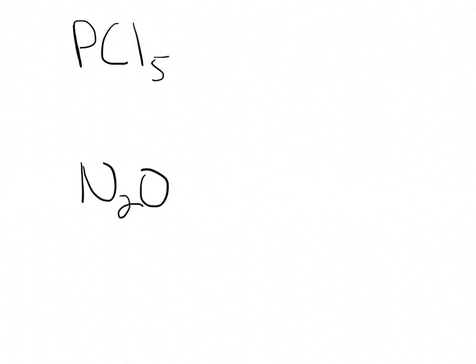Alright, so here's a good one. PCl5. I'm telling you this is type 3 for right now. In fact, both of our examples will be type 3. So let's do N2O5. So I'll go through and name. The first element, if there's only 1, doesn't get a prefix. So there's only 1. So no prefix needed, and it gets its full name. So this is going to be